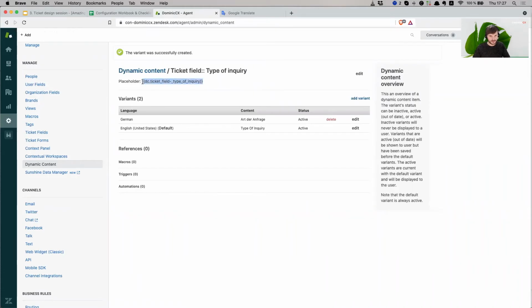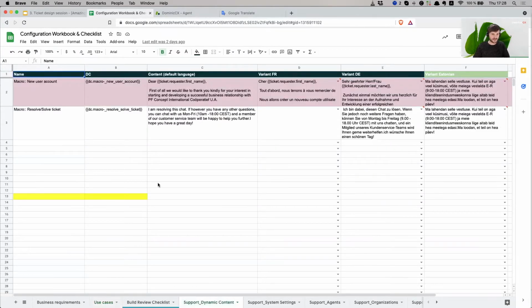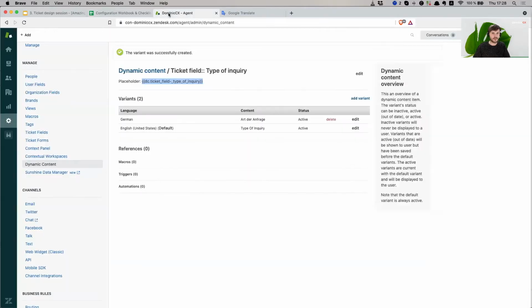So in order to keep yourself organized, it would be advisable to create a spreadsheet. The reason why I have this wonderful workbook is because I try to keep everything organized into one place, everything living in a spreadsheet where it would be easiest for you to access it. So what I'm going to do right now is copy the name of it,